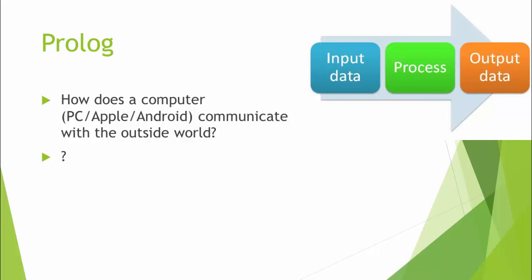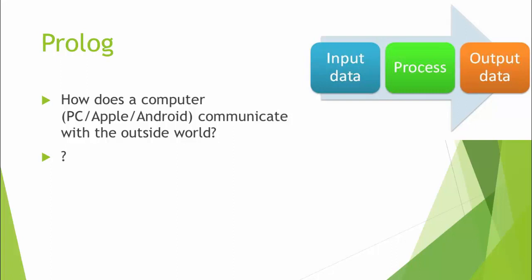Okay, welcome back. So in terms of how a computer communicates with the outside world, I would think that you probably thought in terms of mice and keyboards, in terms of getting data from the outside world. Maybe you thought about the internet as a data source, maybe something else. And in terms of output, I suspect you mainly thought about the monitor, maybe you thought about audio as well,